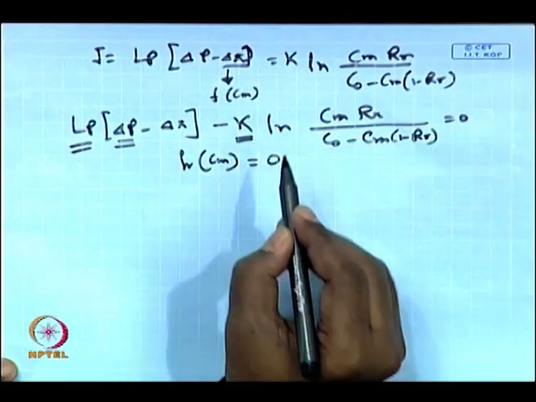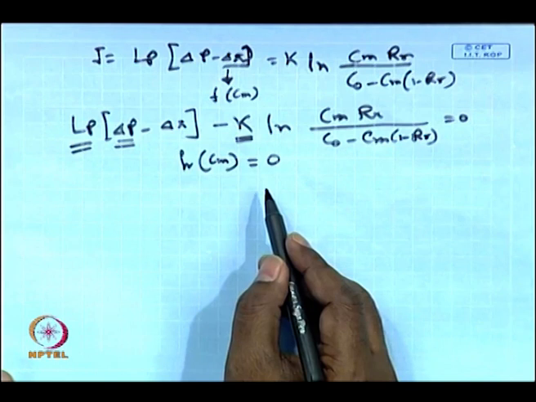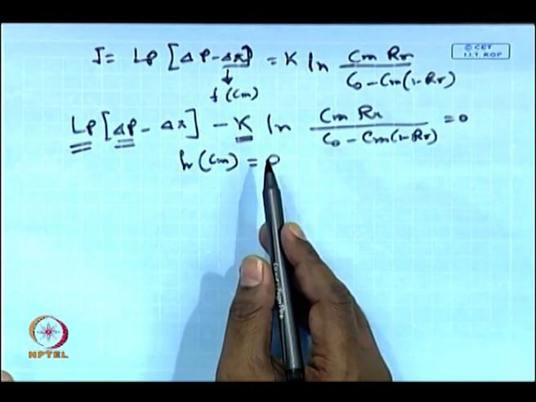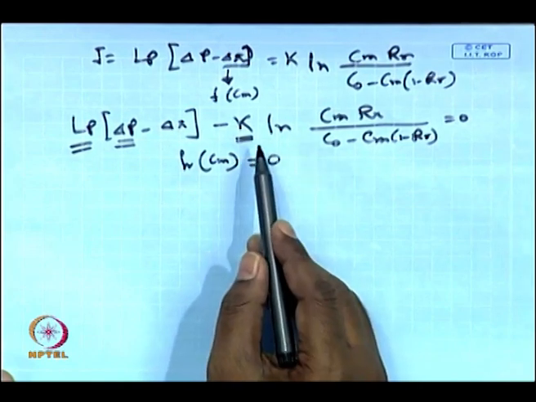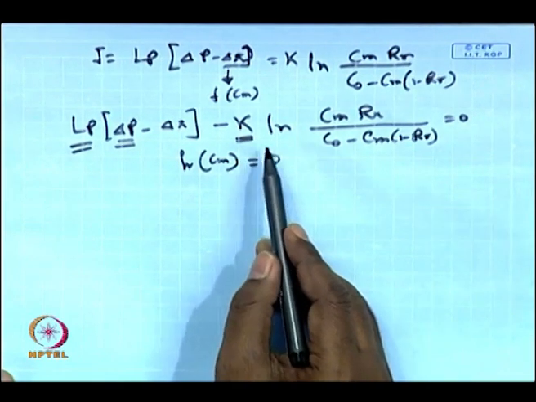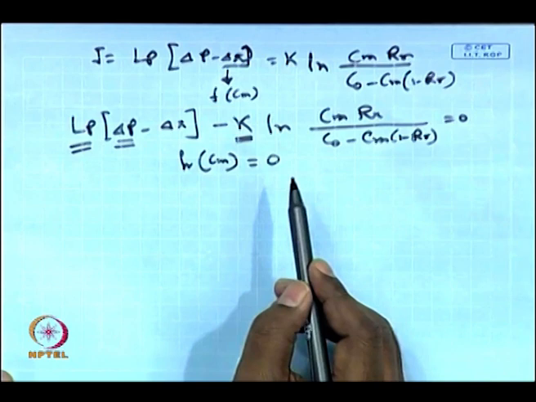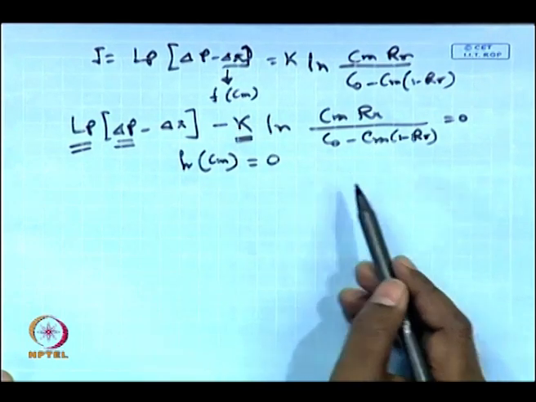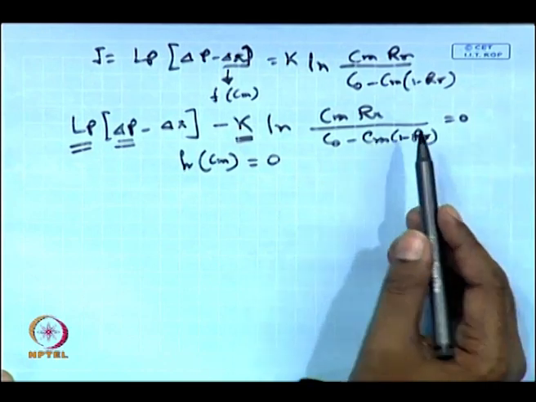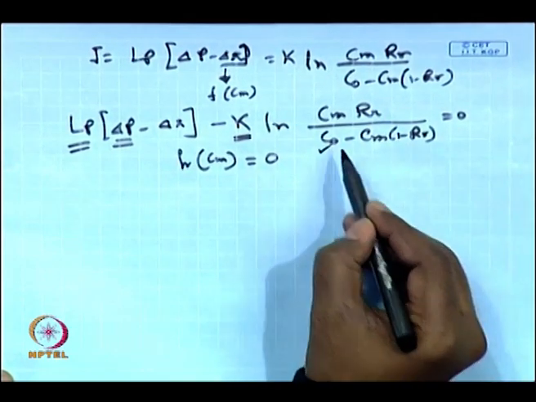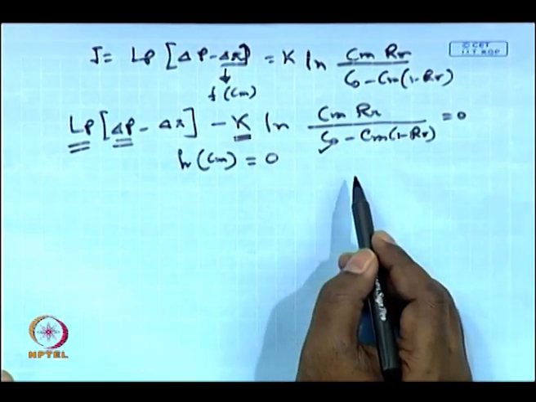K is the mass transfer coefficient. There are correlations and theoretical relations available for mass transfer coefficient. Depending on the flow geometry and the flow regime, one can find out the appropriate equation and evaluate the value of mass transfer coefficient, knowing the properties of the fluid and the solute, and real retention is known. C naught is the feed concentration, that is nothing but an operating condition.